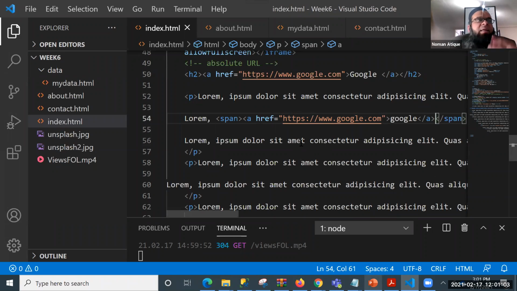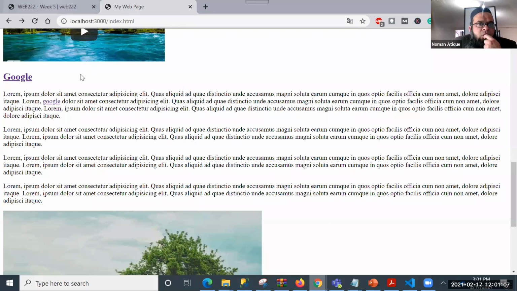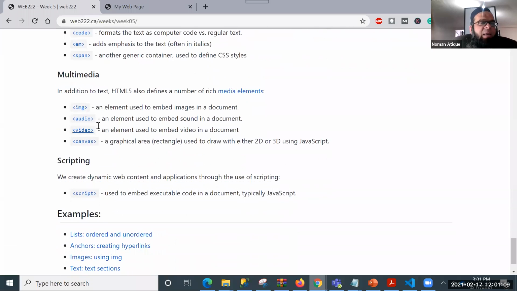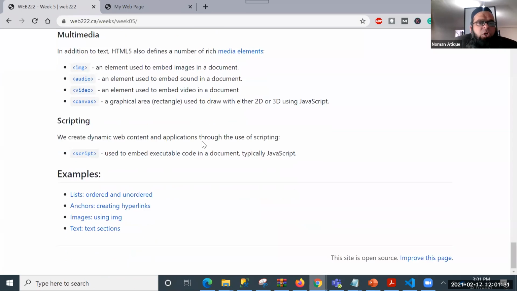So this is basically the spanning or span element that we have. Right, let's go back here. Span done. Like in multimedia, we have talked about image and audio. You can just use audio in the same way as we have done with video. So we have done another one, canvas. We'll use this maybe sometimes. Canvas allows us to make 2D or 3D graphics, and we'll talk about canvas in conjunction with JavaScript, and how we can use it to do that.